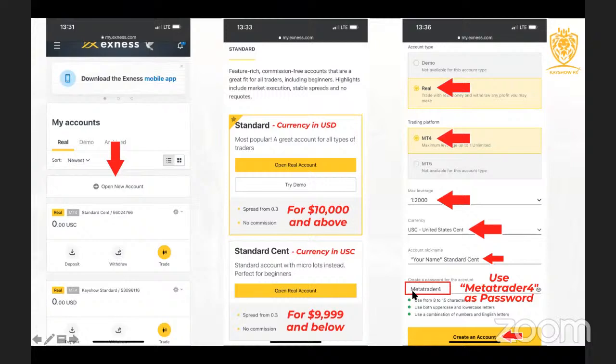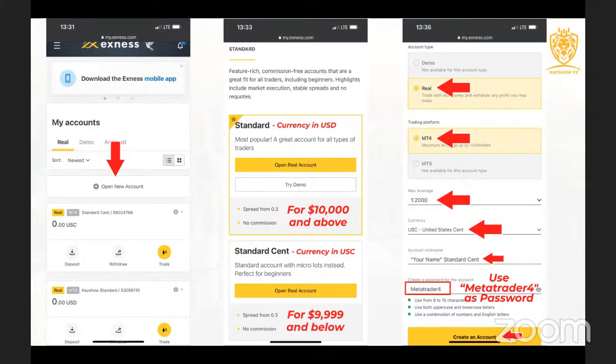But mind you, the first letter here is a capital letter, because that's part of the requirement of this password. So just make the M capital letter and the rest small letters with the 4. All of them joined together, no space. MetaTrader 4 is going to accept that password, and it's better you just use that one.